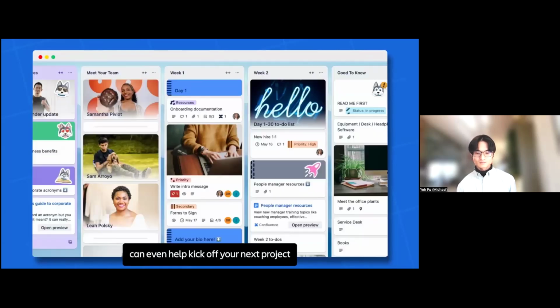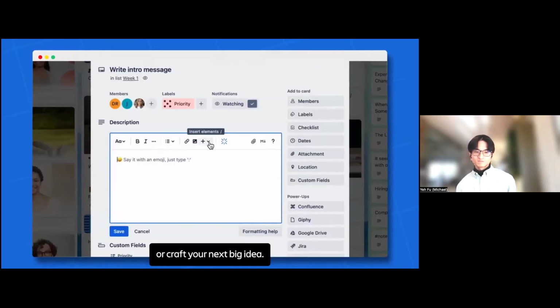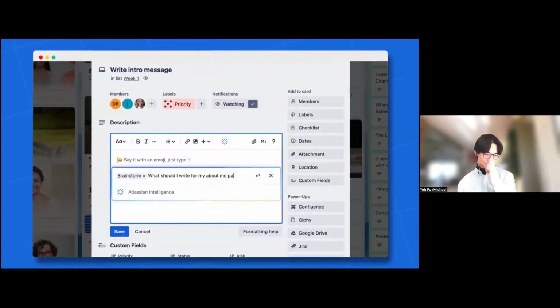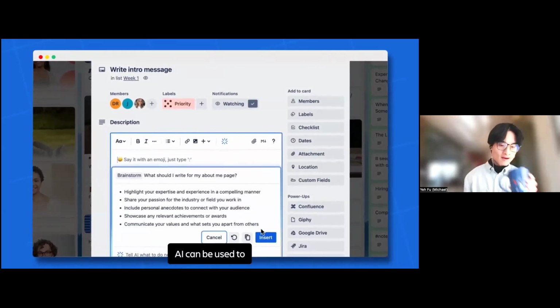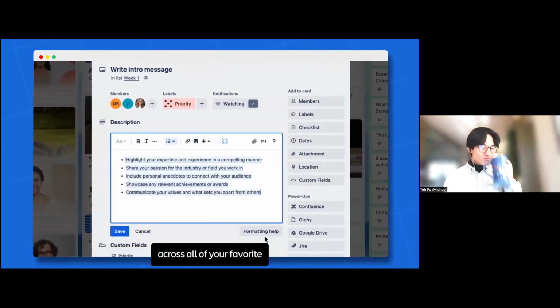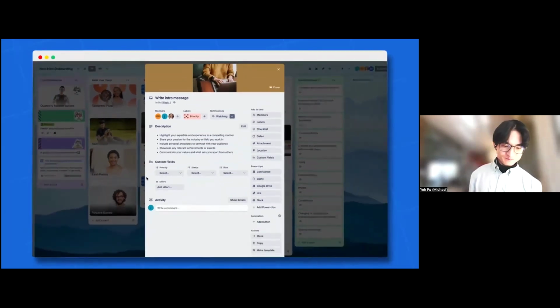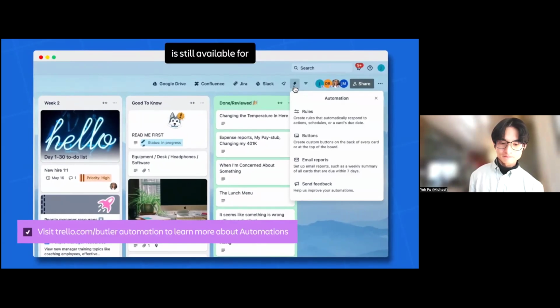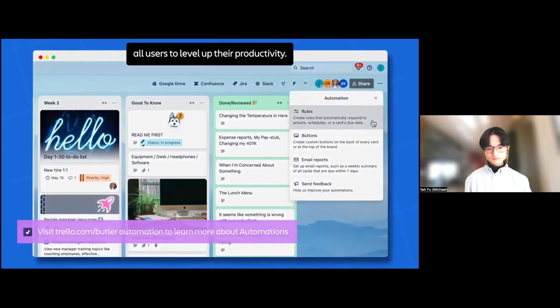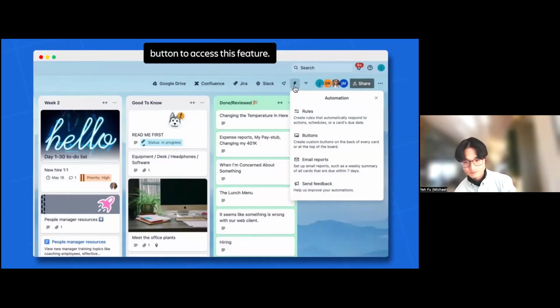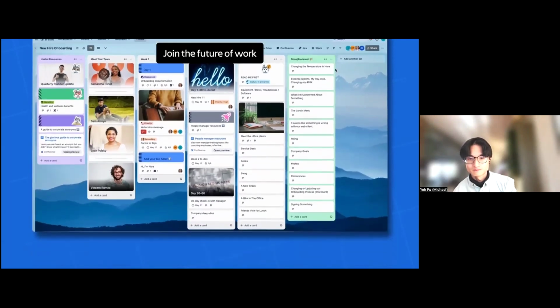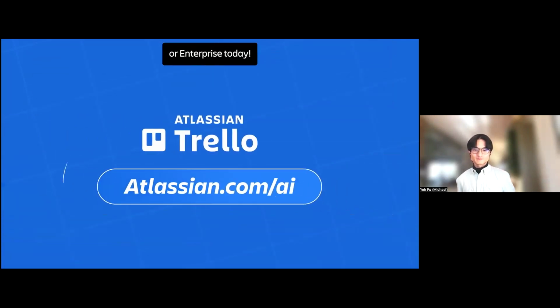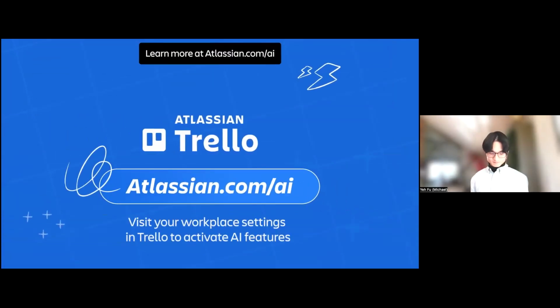The brainstorming feature can even help you kick off your next project or craft your next big idea. AI can be used to transform teamwork across all of your favorite Atlassian tools. In addition to Trello AI, Butler Automation is still available for all users to level up their productivity. Simply click on the Automation button to access this feature. Join the future of work and upgrade to Premium or Enterprise today. Learn more at Atlassian.com/AI.